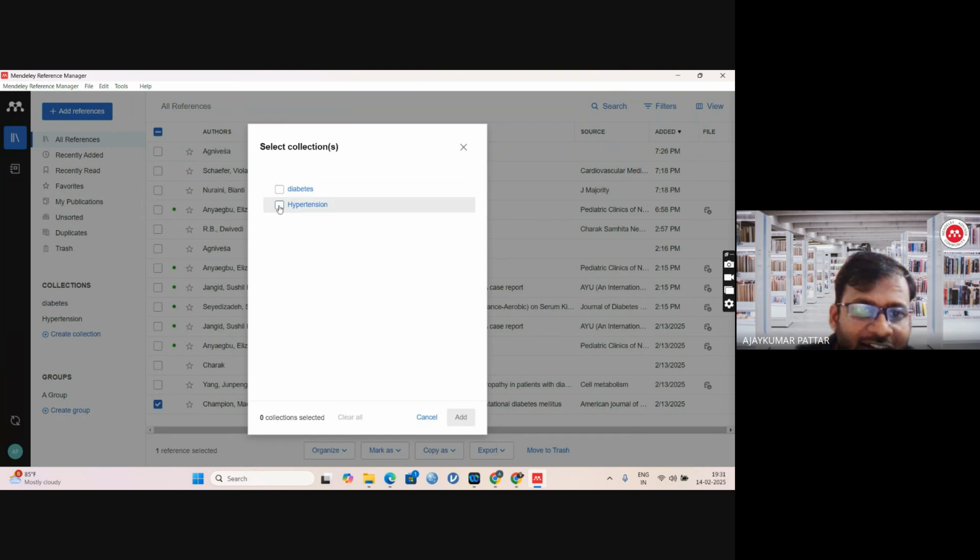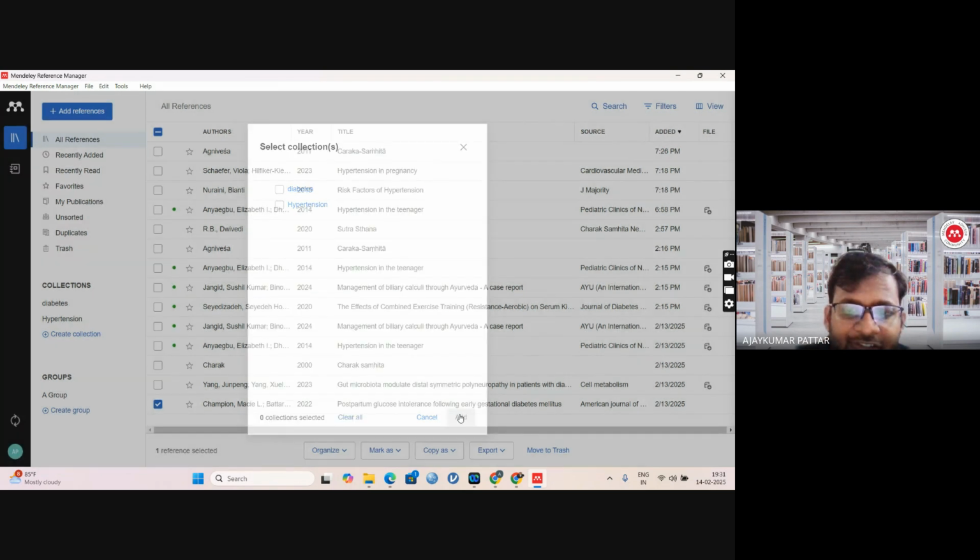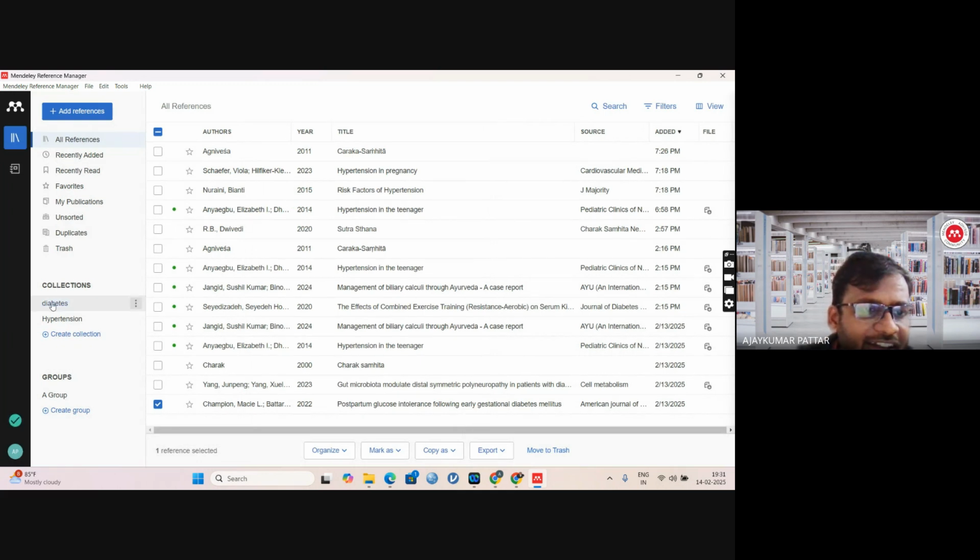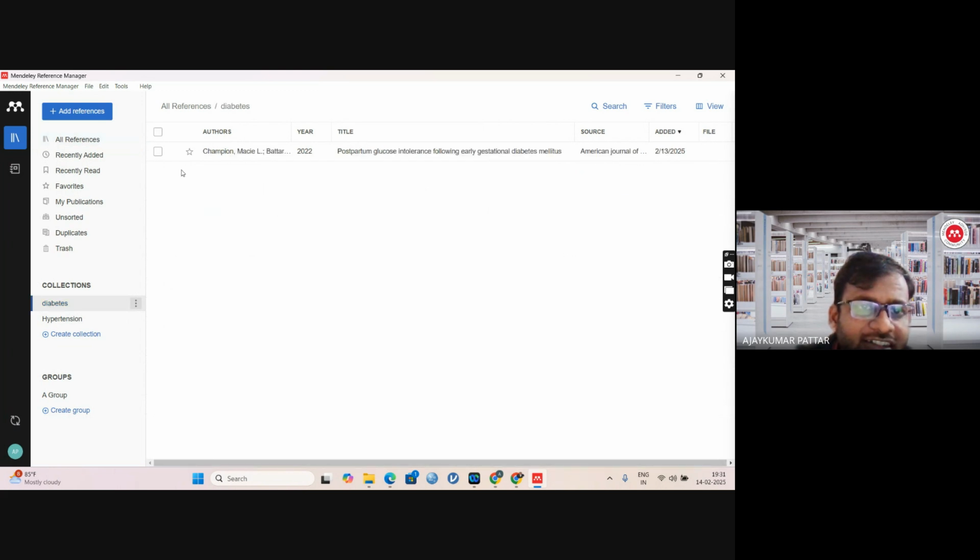Because this is a diabetes related paper, I will click diabetes and click add. So that paper is added in this particular collection. If you click here on the diabetes collection, see the postpartum glucose intolerance early gestational diabetes mellitus paper is added in the diabetes collection. So like that,